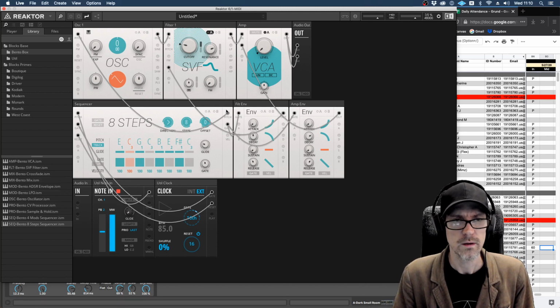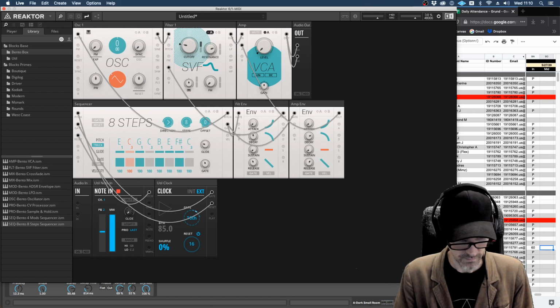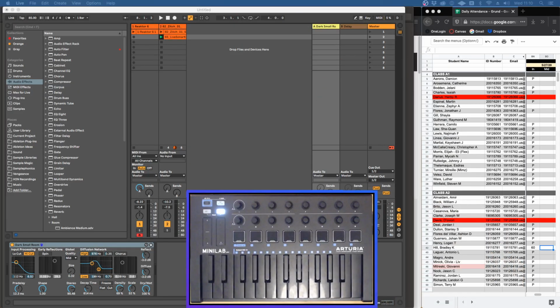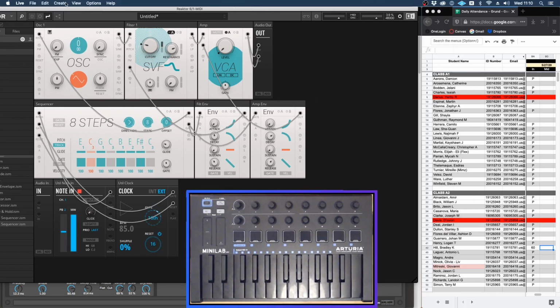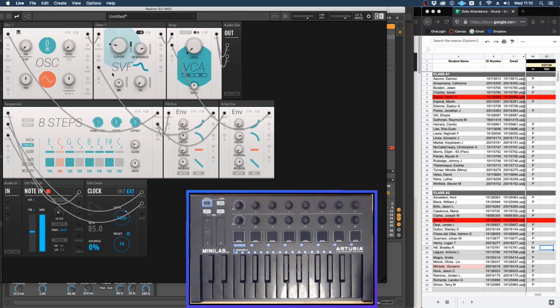So what I'm going to do here is, let's show you my keyboard so you can see what I'm doing with my hand. There we go. Cool, okay. So over here, let me just move this over a little bit so you can see it better. So you can see this here. I'm going to go ahead and